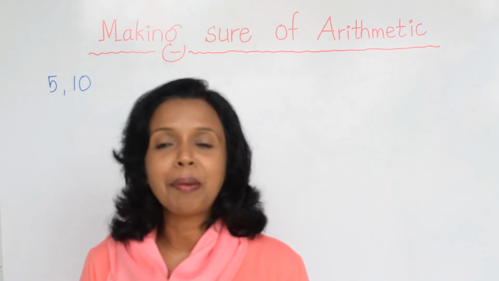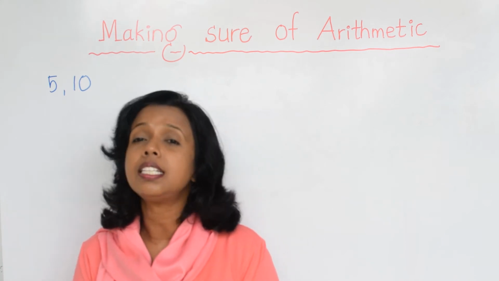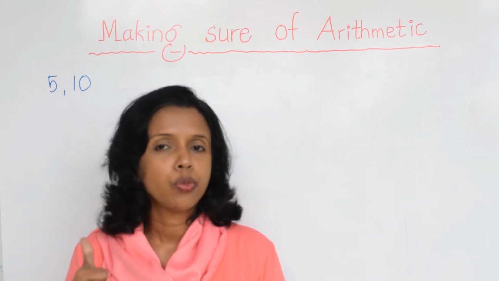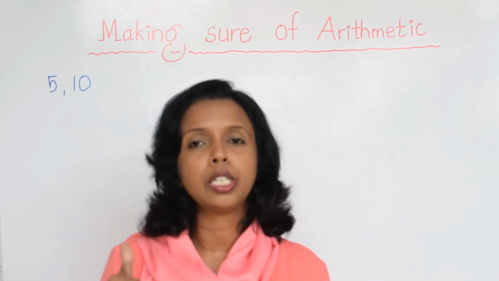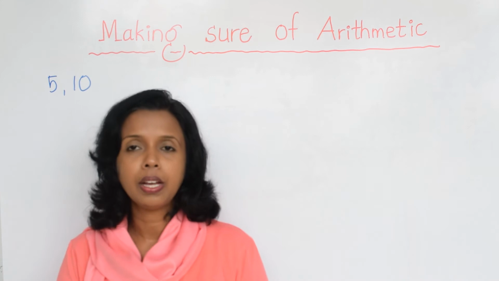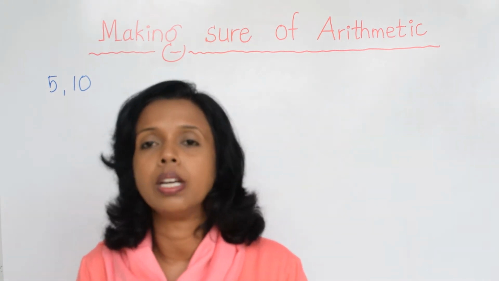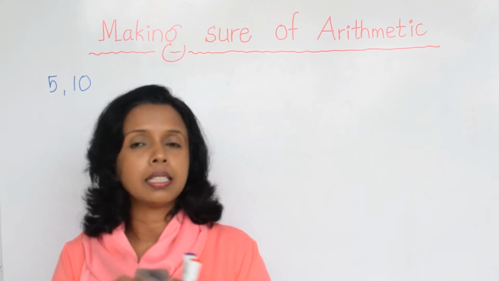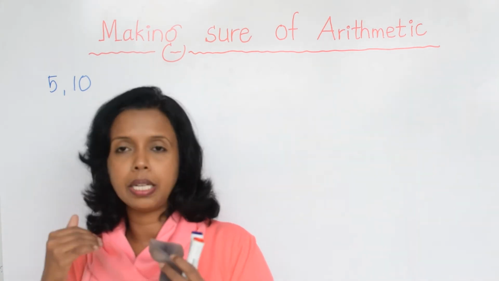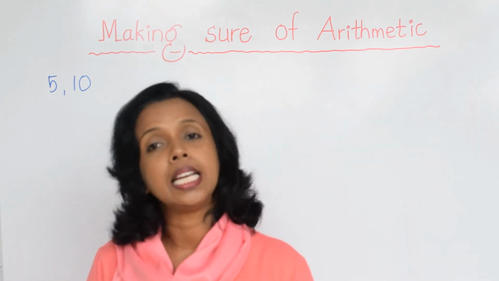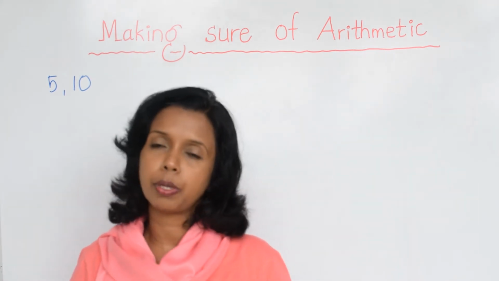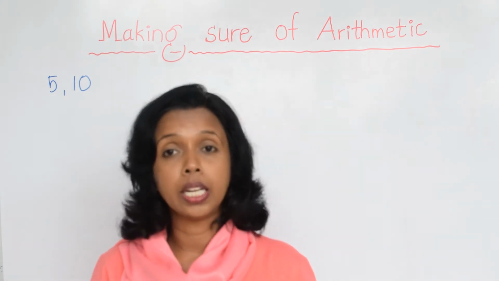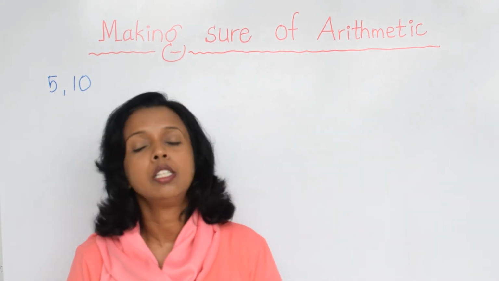Now, to be a prime number, what are the criteria the number should follow? First one, that particular number should be divided by itself and by 1. That's only. So if you can divide a particular number by anything other than the number itself and 1, you cannot consider it as a prime number. So what are the examples for prime numbers, children? 2, 3, 5, 7, then 11, 13, those are prime numbers.